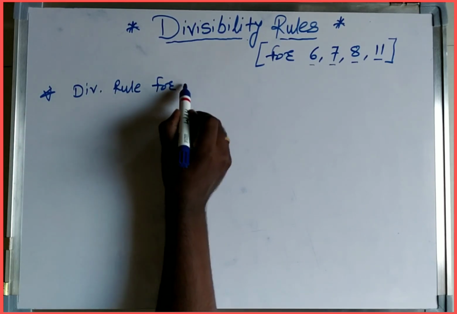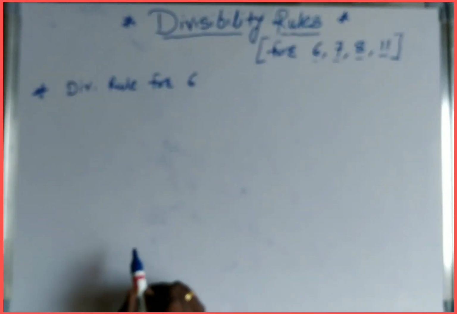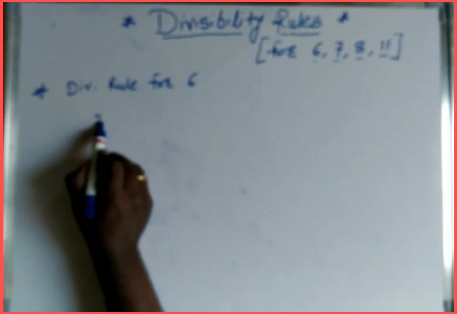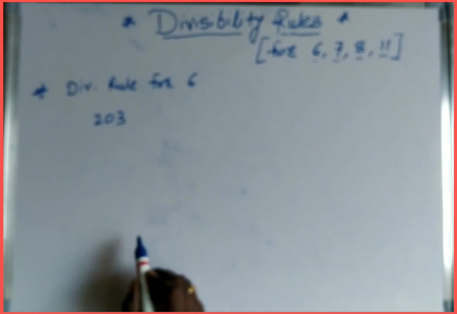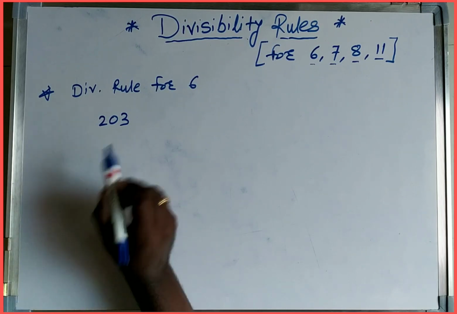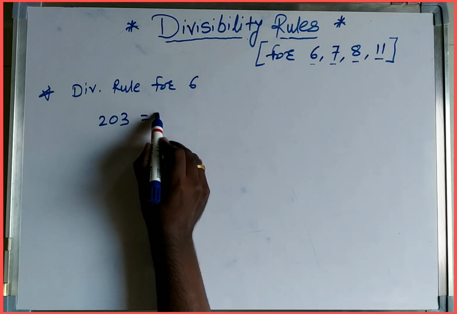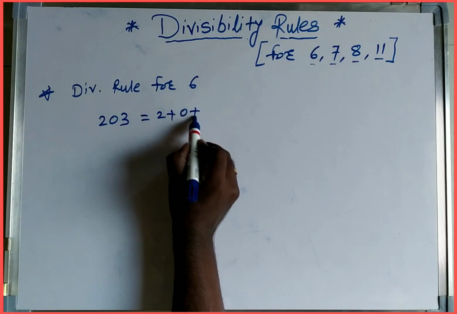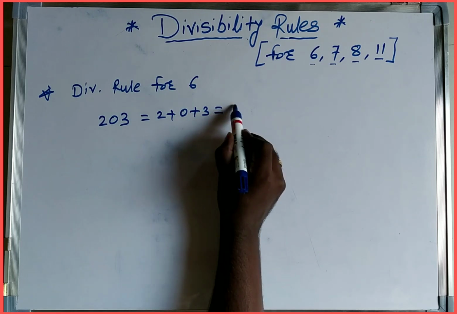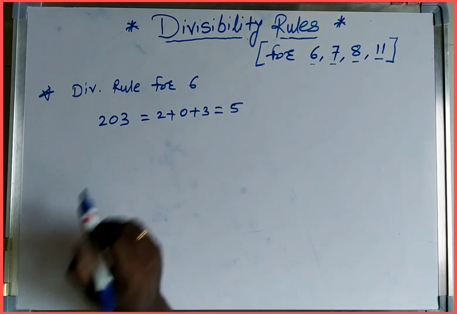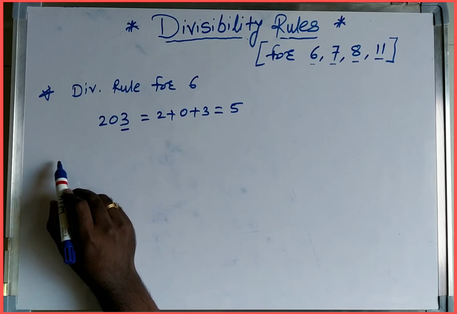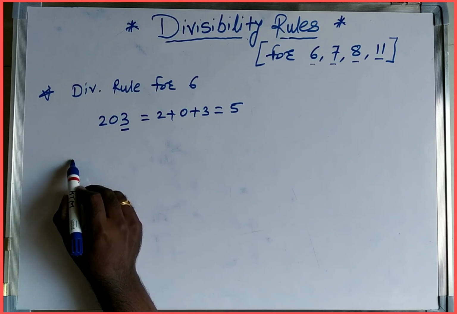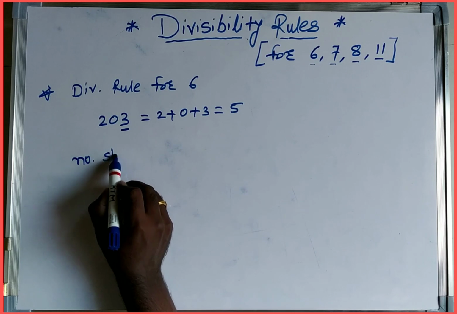for 6. Take an example, the number 203. If we take the example 203, we add the digits, that is 2 plus 0 plus 3, which comes to 5. Again, the number should be even. So the rule is that the number should be even